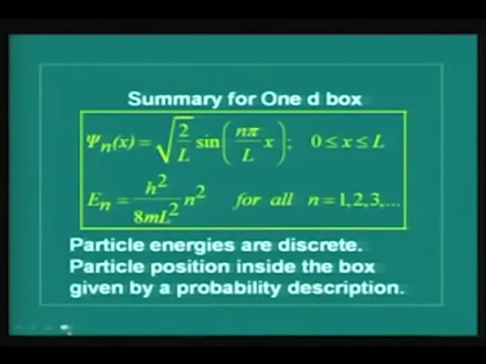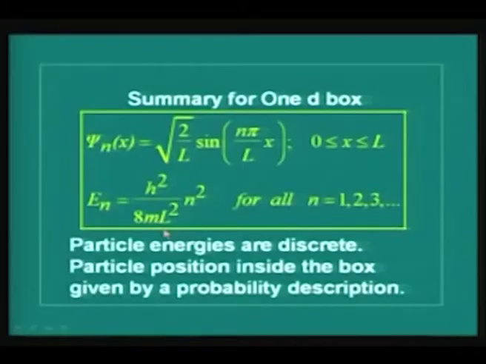Recall for yourself the one-dimensional particle in a box results. Let me quickly summarize these things from the last lecture. For a box of length L and the particle with no potential inside the box, the wave function was derived in the last lecture as √2 by L sin n pi x by L, where n is 1, 2, 3, etc. integers. The energy of the particle, in the solution of the wave equation H psi is equal to E psi, the energies turn out to be